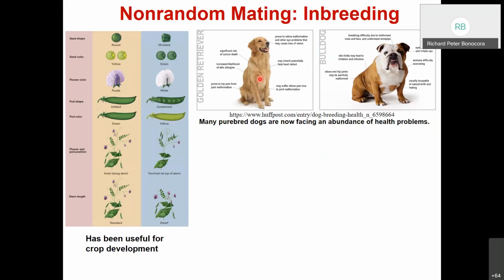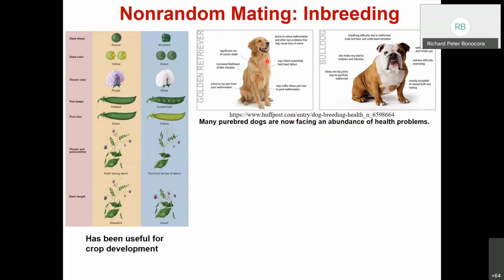We start to see that. So when you start looking at purebred dogs, like the golden retriever, it has a significant risk of cancer, skin allergies. It gets hip pain from joint malformation, and they have heart